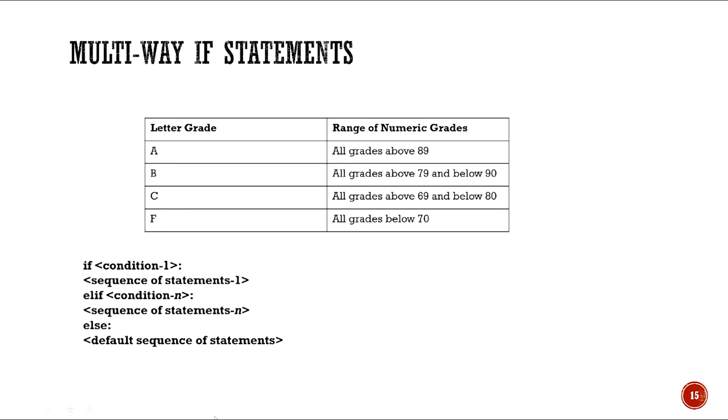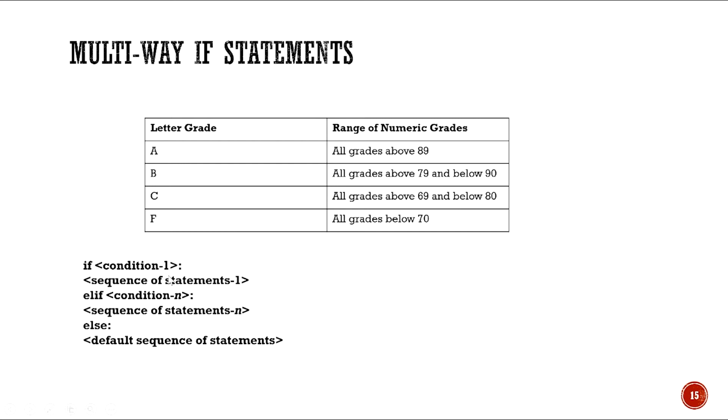So here's an example, multi-way if. What if we have several conditions to check? In this example, we want to find the letter grade based on the range of numeric grades. If it's above 89, then it's A. If it's between 79 and below 90, then it's a B. So here we have 4 conditions. We call this